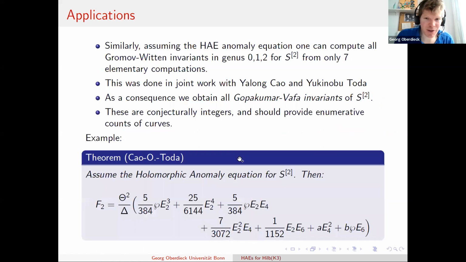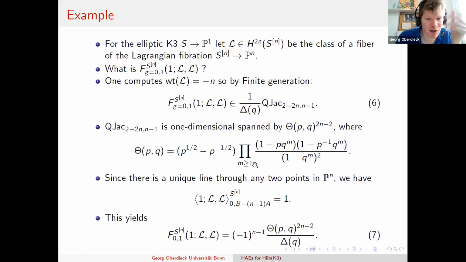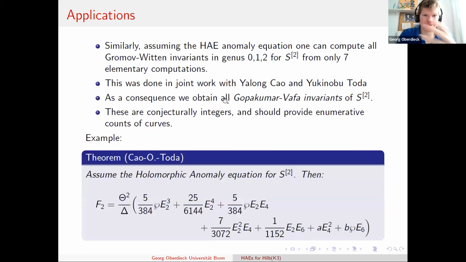And so by similar arguments, you can essentially compute all Gromov-Witten invariants in genus 0, 1, and 2 for the Hilbert schemes of 2 points of a K3 surface. And I counted that essentially you just need 7 elementary computations like the one I did in this last slide. Maybe a little bit more complicated, but something you can just do directly without problem. And so this was then worked out in joint work with Yalong Cao and Yukinobu Toda, where we also defined Gopakumar-Vafa invariants of the Hilbert schemes of 2 points, which are